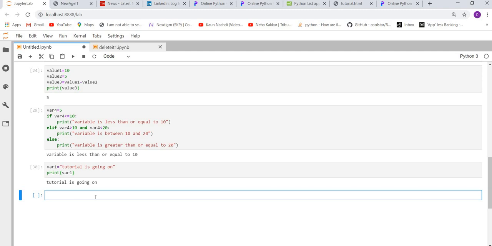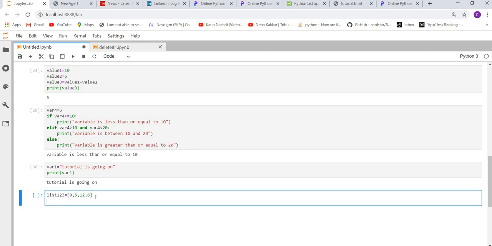Now look at list. What is a list? Let us create a list. A list is something in which we can assign multiple variables or values. It can hold multiple objects, right? The list could be 9 comma 5 comma 12 comma 6. So these are the various values. Let us say we want to have 4 values.